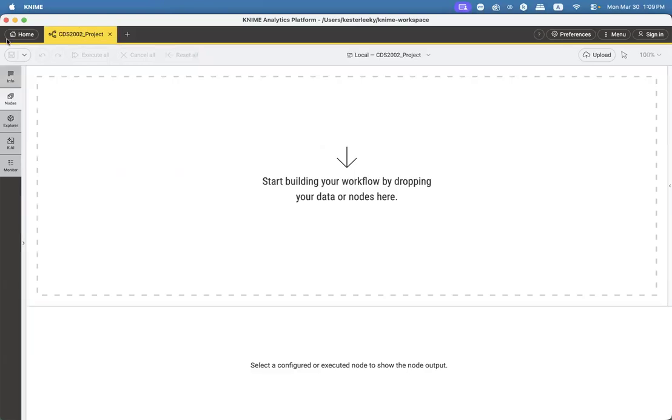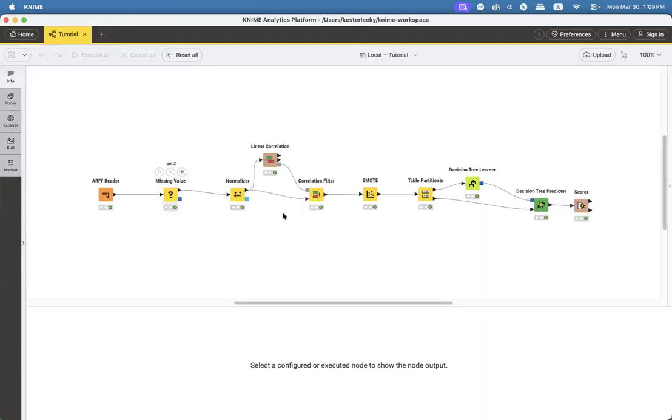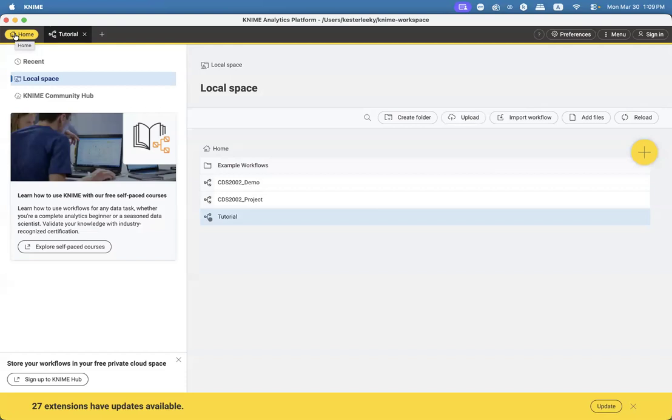After you work on the workflow file, supposedly I want to submit my assignment right now. Listen very carefully. Now you have finished working on the workflow file and you want to submit your assignment.